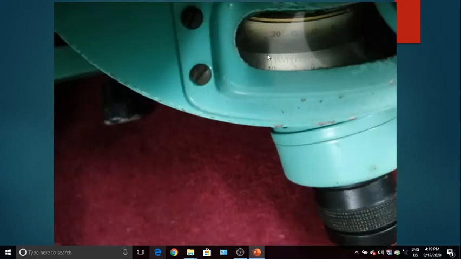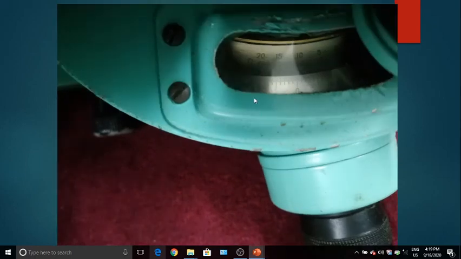And these are all other pictures. So here you can see, I think we'll go to the next figure. Yeah, here you can see this is vernier D, and in vernier D also, two sets of vernier readings are there, from 0 to 20 at the bottom and 20 to 0 at the top. Again, I have used this instrument. It is observed that when the 0 just behind D is coinciding with the main scale 0, then the telescope is exactly horizontal. So that means I have to use this 0 as my reference for measuring any vertical angles.